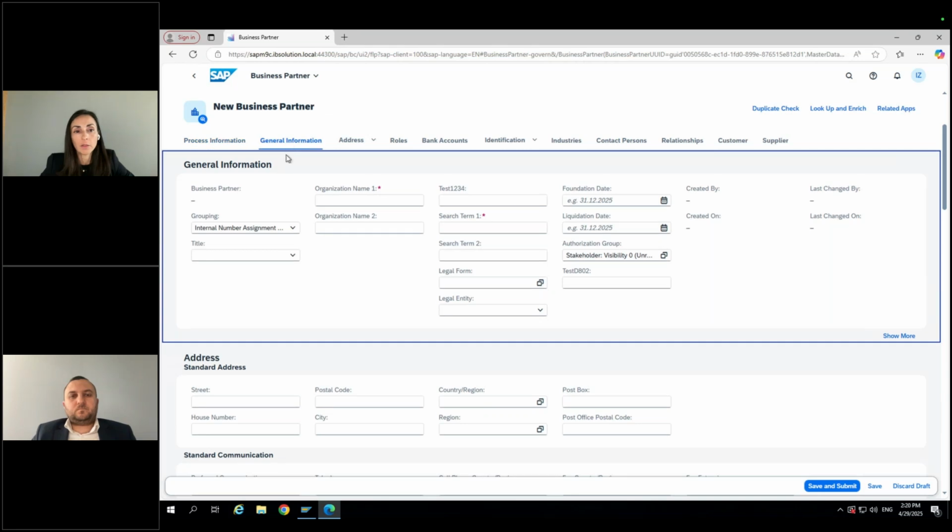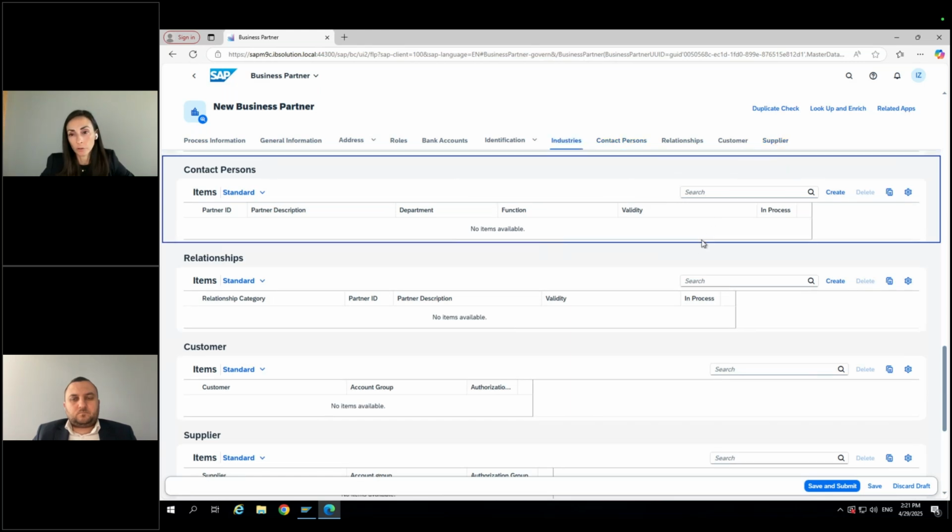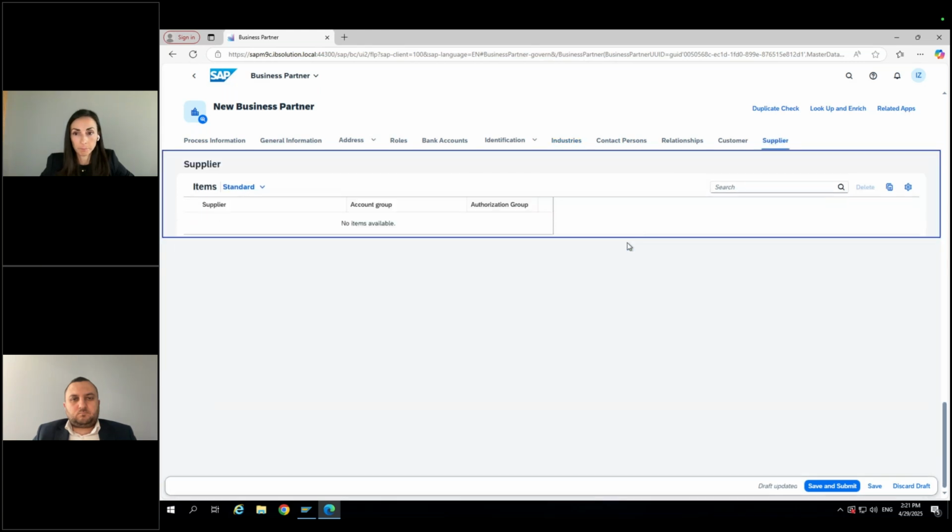And you can see that the navigation is super easy. Once we click on the section which we would like to check or maintain, we can go directly to it. No need to scroll, no need to go on customer or supplier level below in order to see the data. Here it's really super easy.